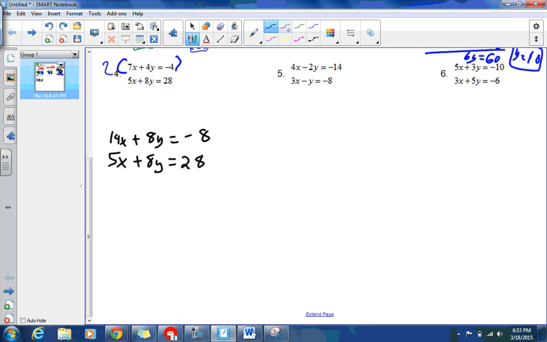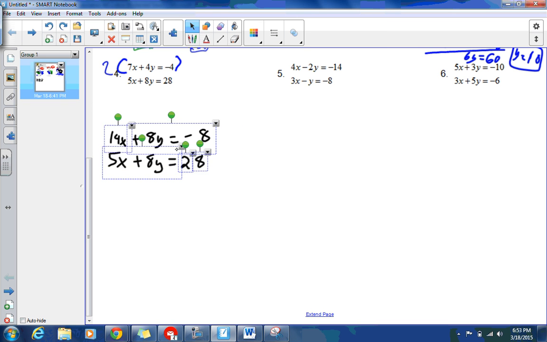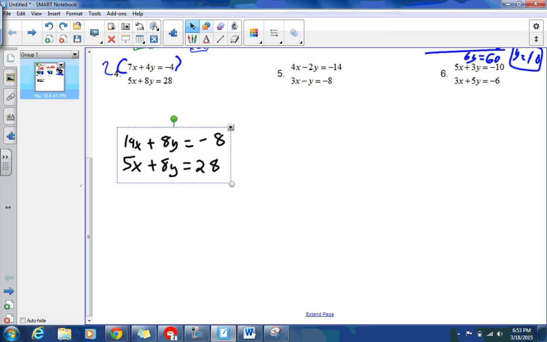So in order to undo them both being positives, we have to subtract. And in order to subtract, we apply that subtraction to this one and this one. So if we subtract them all, let me write this out,